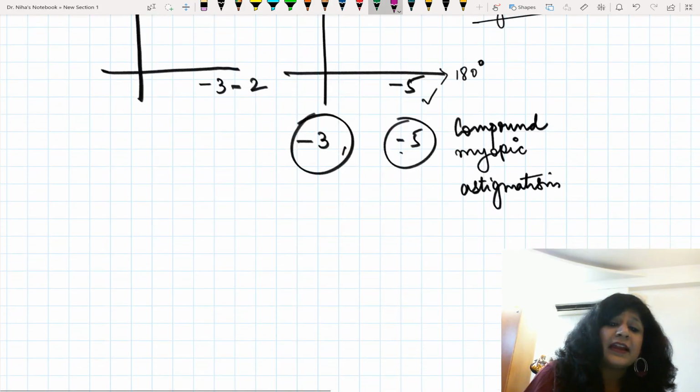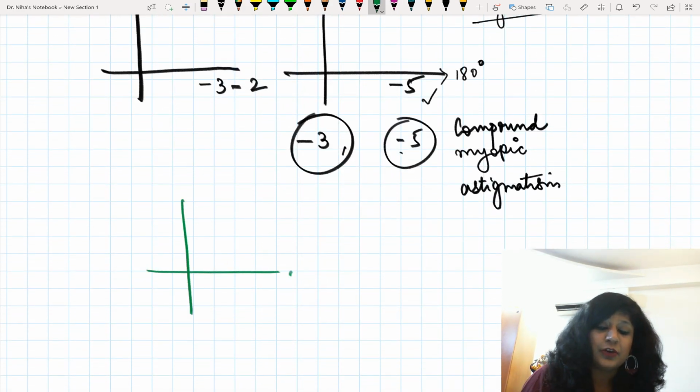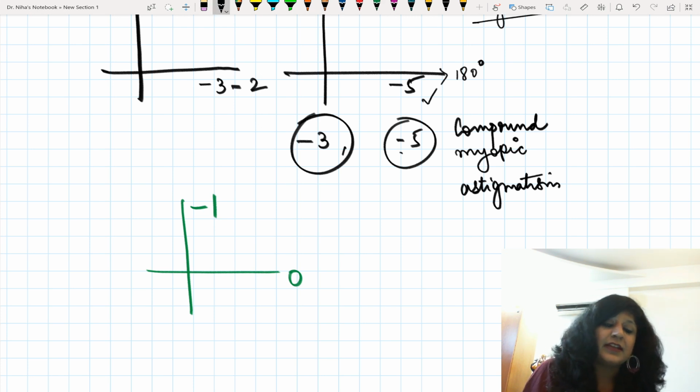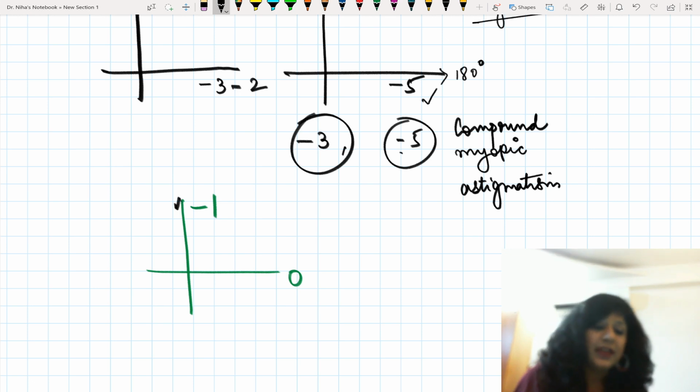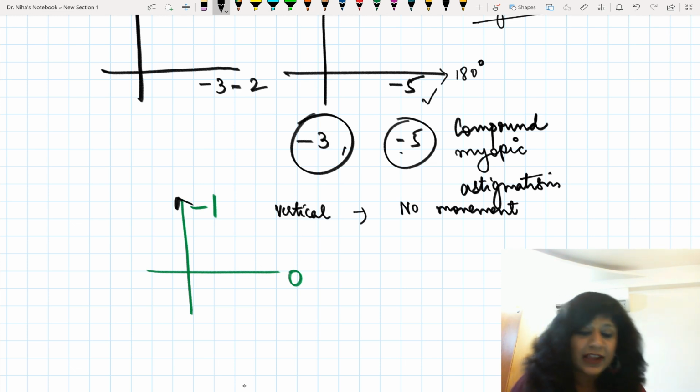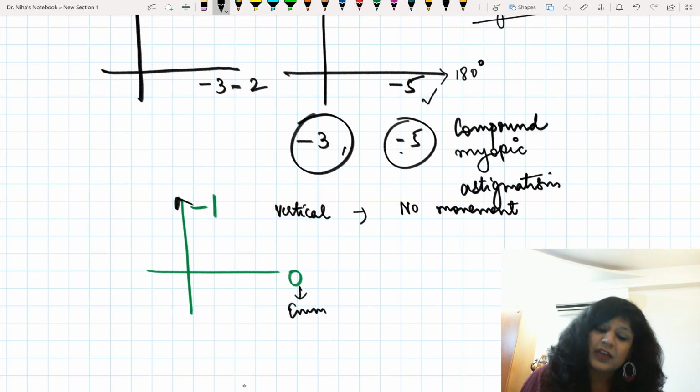Now suppose you may get any question where you have 0 power in one axis and you have got minus 1 in one axis. You can get different kinds of combinations. So let us try to see what is happening here. If it is myopia of exactly 1 diopter here, then in the vertical axis there will be no movement. So what will be the answer? In the vertical axis I won't have any movement, it will be neutralized. Here this is emmetropia. So emmetropia means in the horizontal axis I will have the same direction. They can also ask you like this.